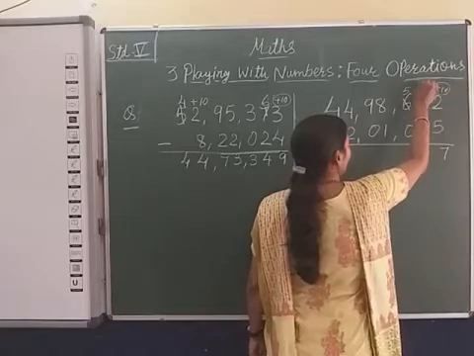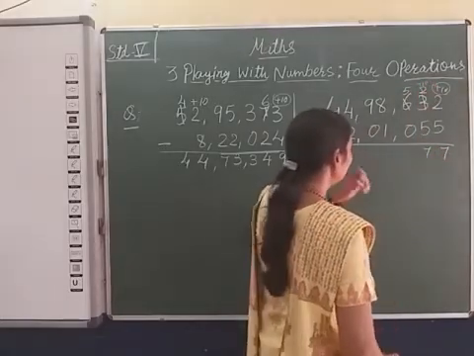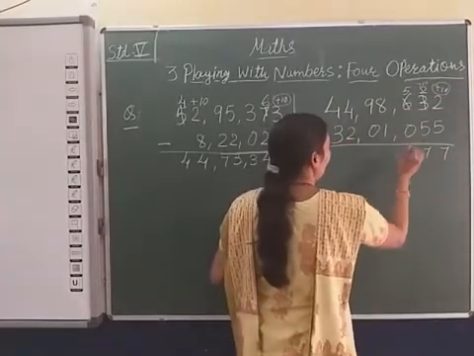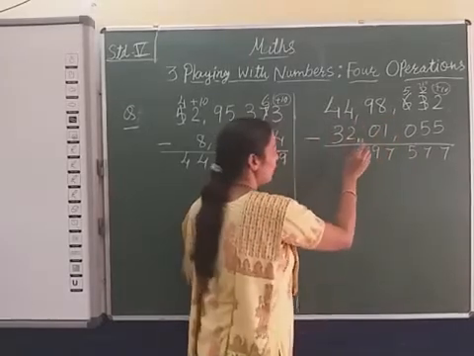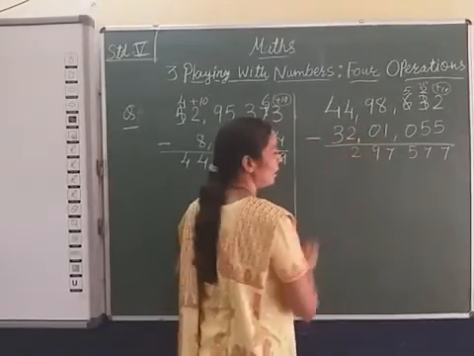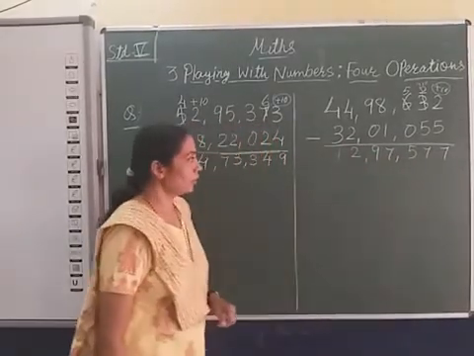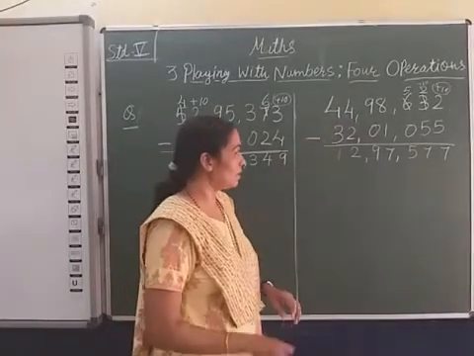So this is 10, which means 12 minus 5, 7. 6 minus 0, 5 minus 0, 5. 8 minus 1, 7. 9 minus 0, 9. 4 minus 2, 2. 4 minus 3, 1. So this is the difference between these two numbers. We find as the answer